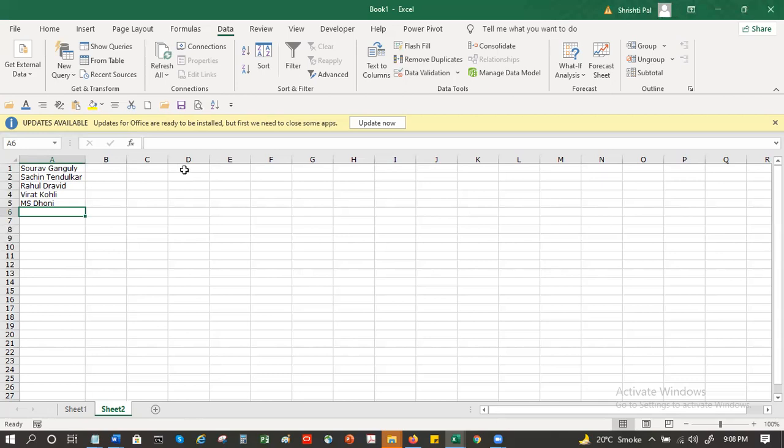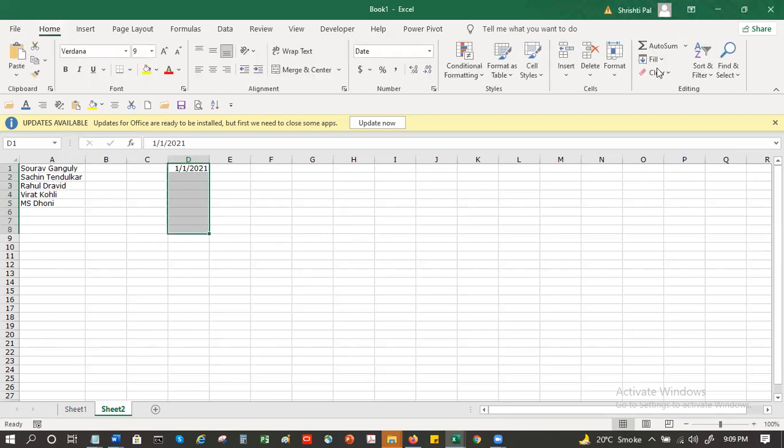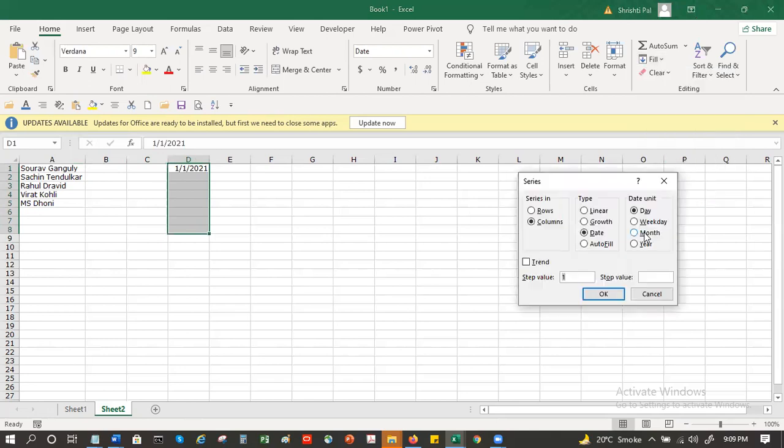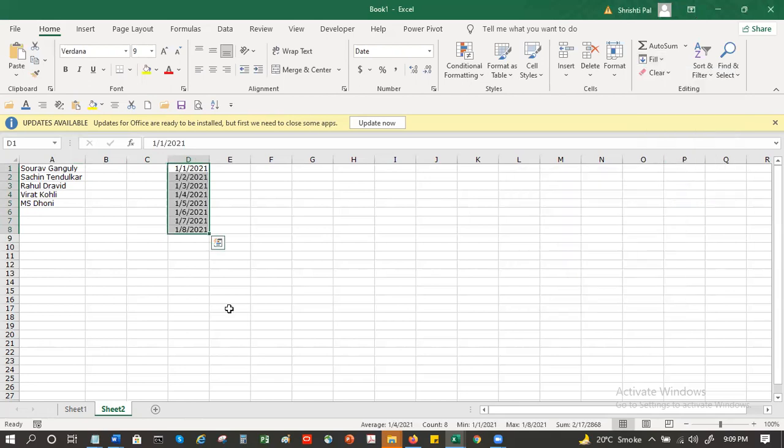For example, let's say I have a date, and I want to separate the month, date, and year in separate columns.